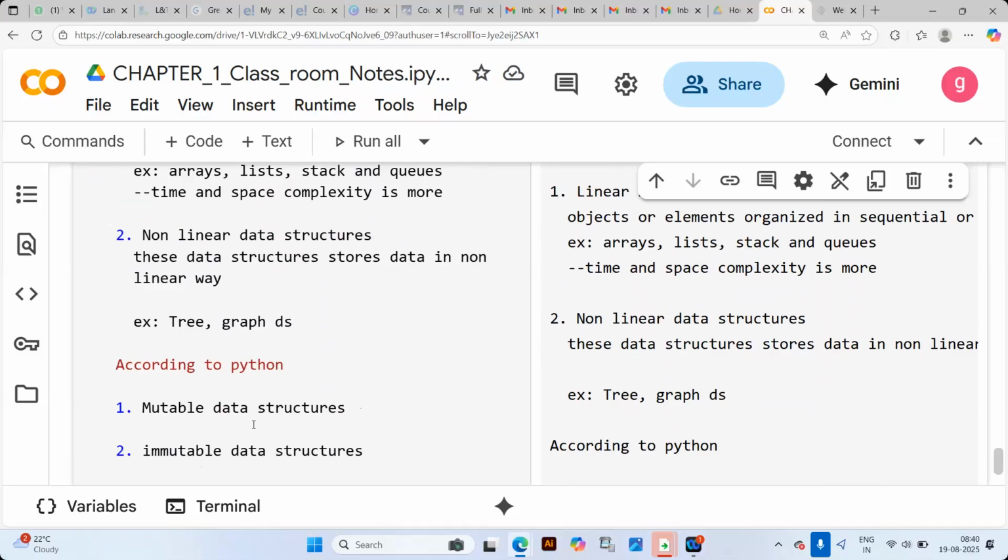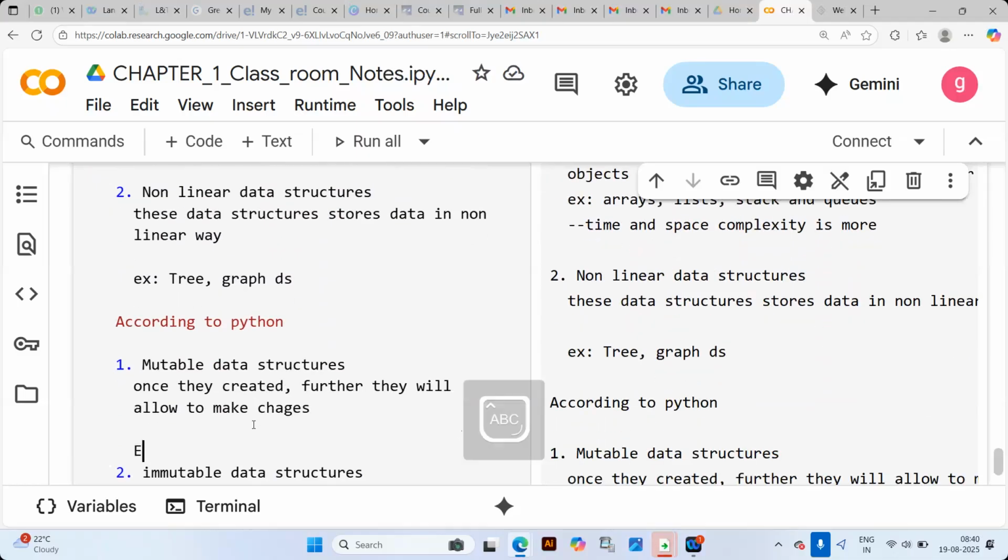Right. So mutable data structures mean once they are created, they still allow changes to be made.